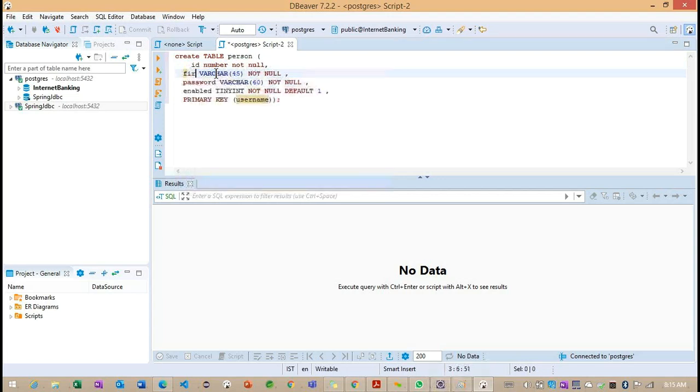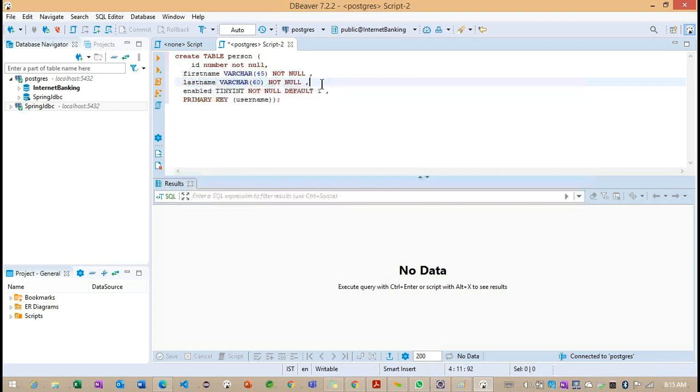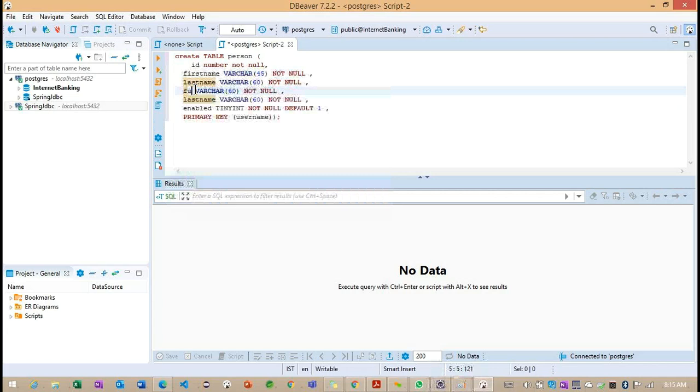We are having first name, and last name, the full name, and finally email.